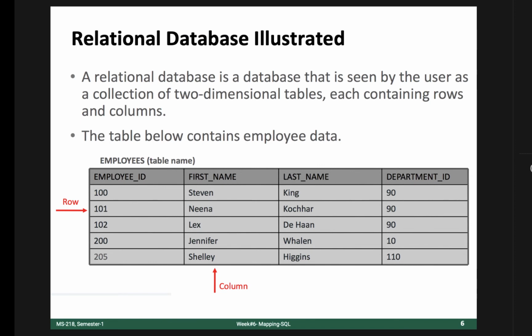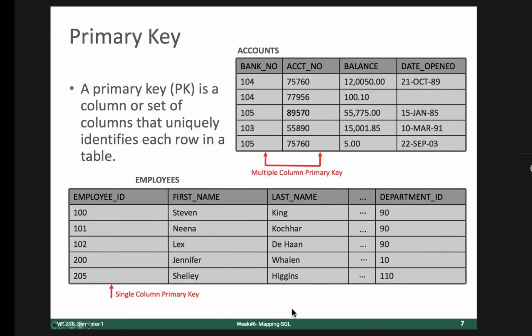so in actual physical database design, a database is just like this. We have an employees table, and these are the attributes, and we have rows, which are instances, and then we have columns, which are attributes. So we discussed this thing many times, that a primary key could consist of one column only, or it could be multiple columns, 2 or 3, right?